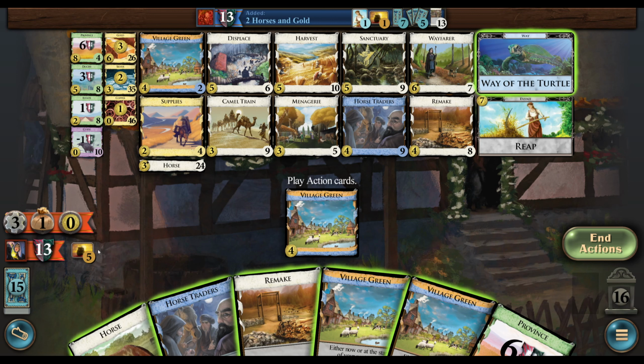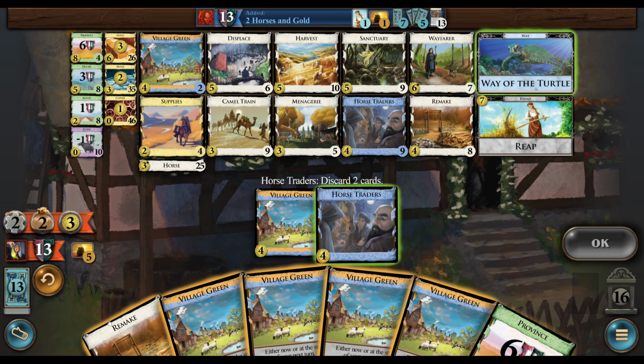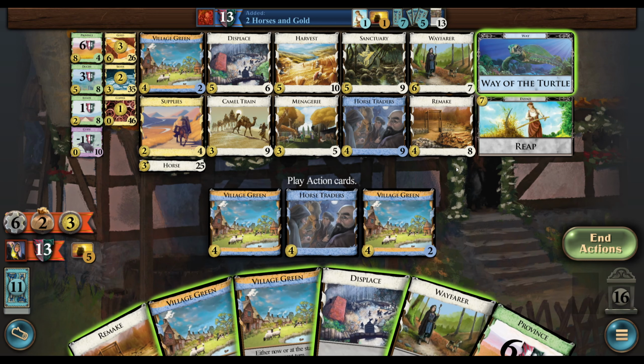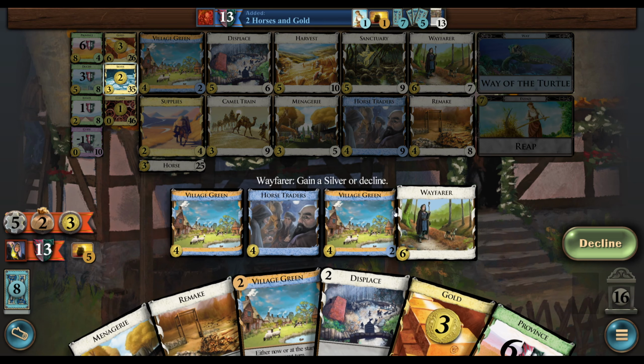Triple would be nice. Triple is probably just winning. Otherwise, double is a little bit scary depending on how much extra we get. I mean, double province, double duchy would be okay. We did that, which is probably feasible. Wow, that's a lot of village greens. Which we could just take a bunch of silvers and